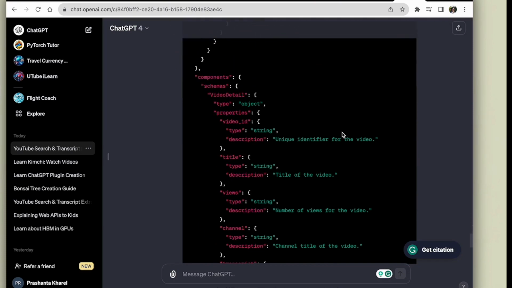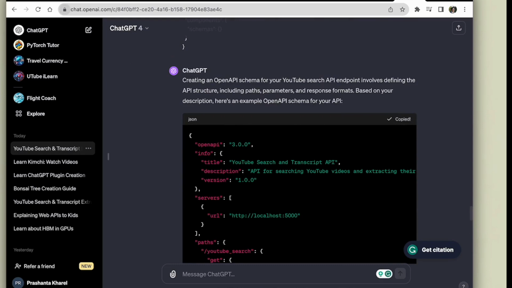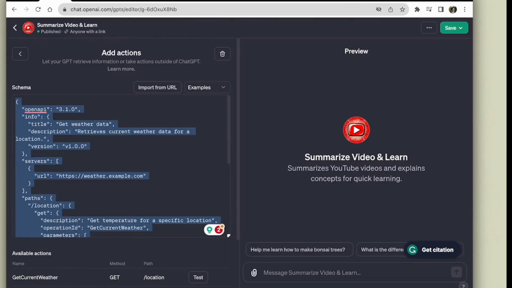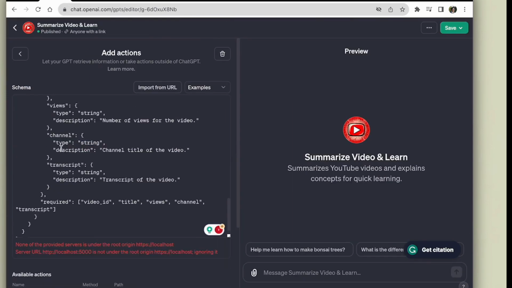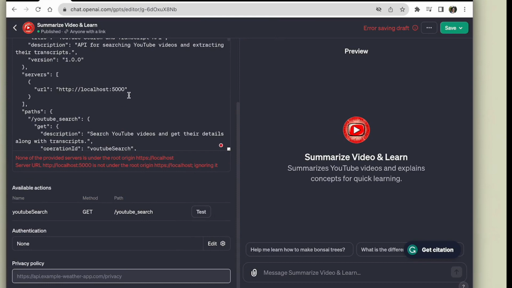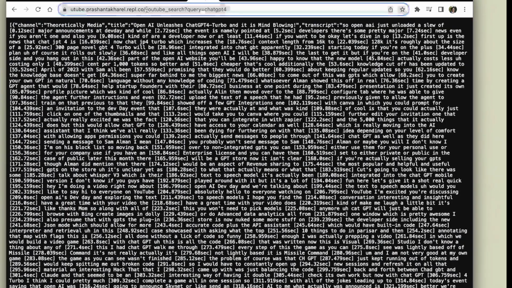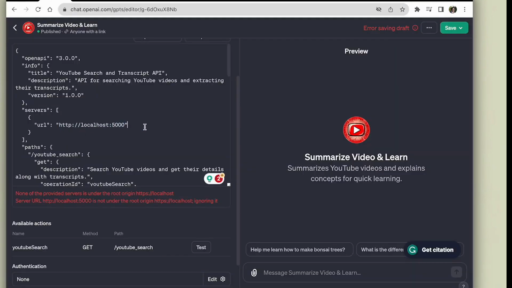All I did was copy this and paste it here. And if you look, it's giving us some errors. That's okay, so let's first fix that. What it's saying is, okay, you need to provide an actual URL for our endpoint, which in our case is just this, right? And then,